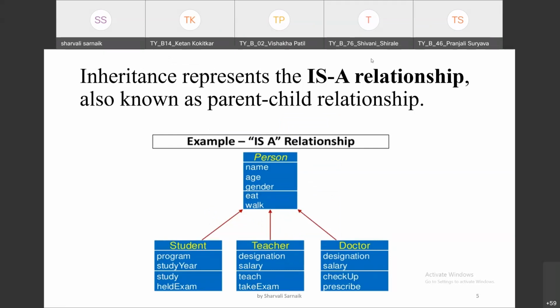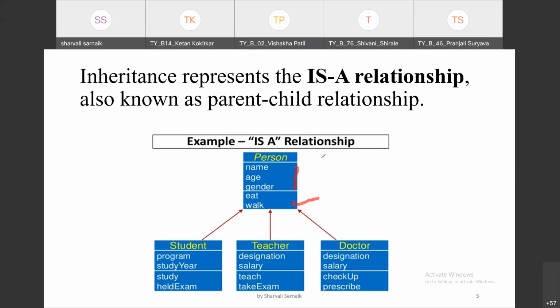I have a class called person, and that person class has properties name, age, gender, eat and walk. Name, age, gender are my data members, whereas eat and walk are my member functions.